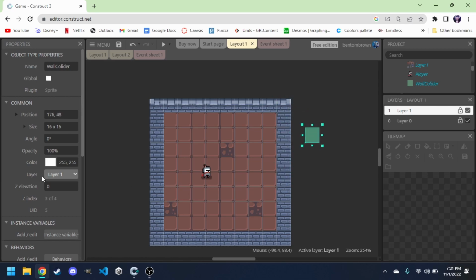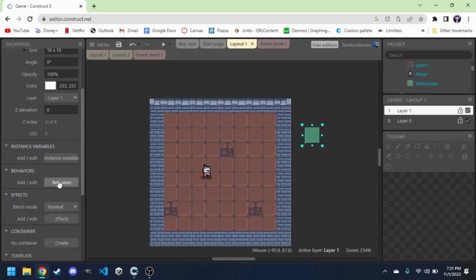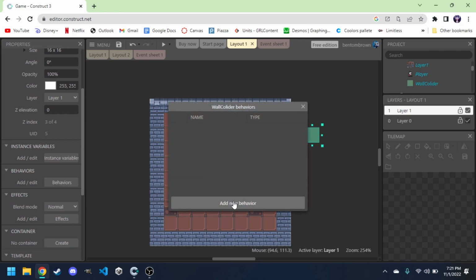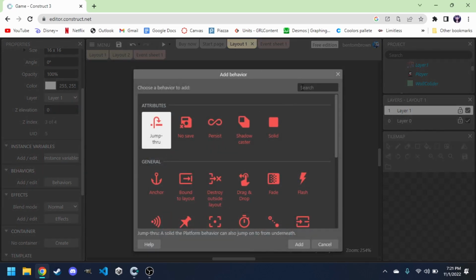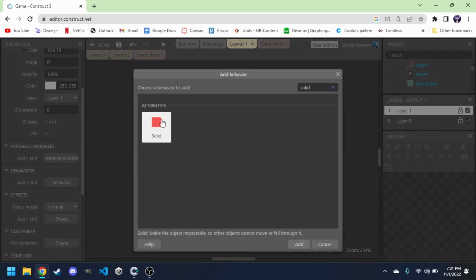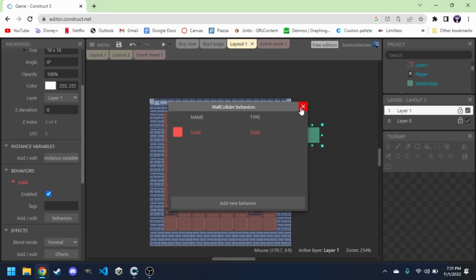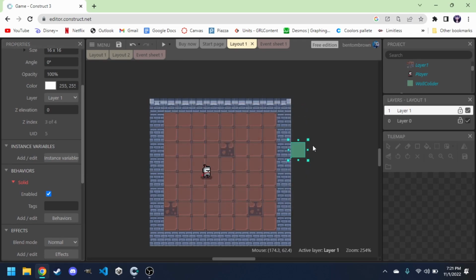So another cool thing in behaviors, we're going to go over here. If you click on this sprite, go to the behaviors, and we're going to say add new behavior. Guess what? It's called solid, impassable, can't walk through it. So if we took this thing and we just dragged it over the whole set of walls, copy and paste,